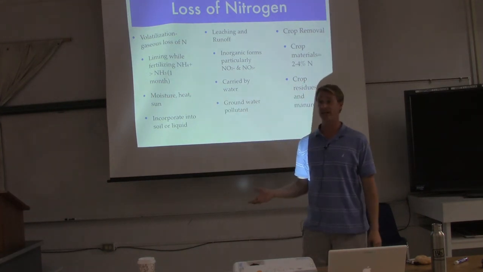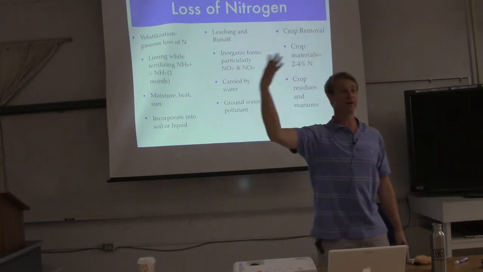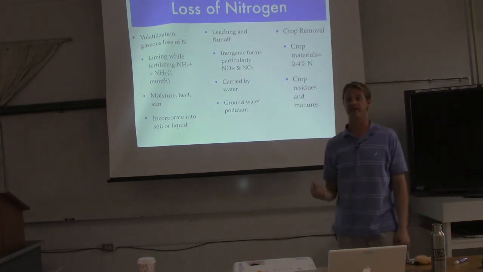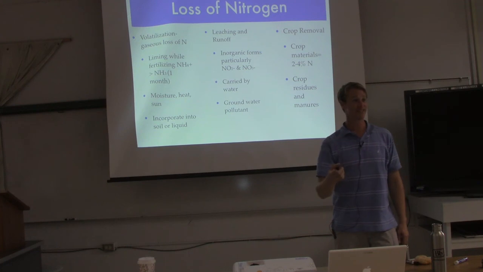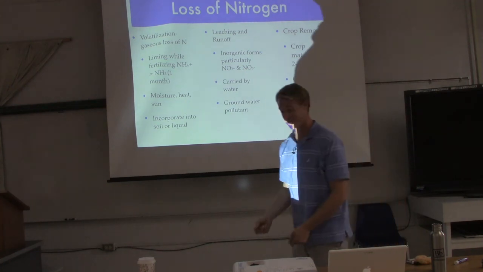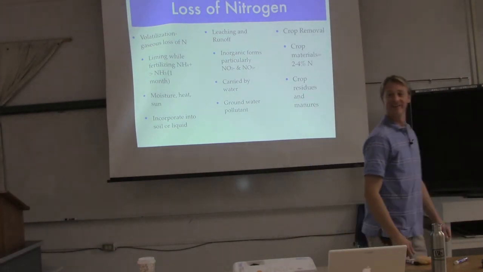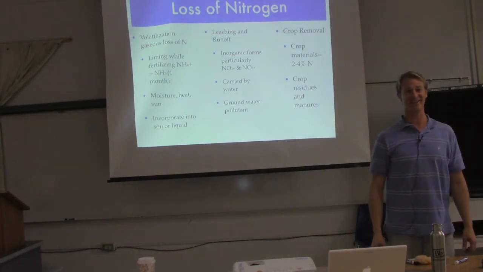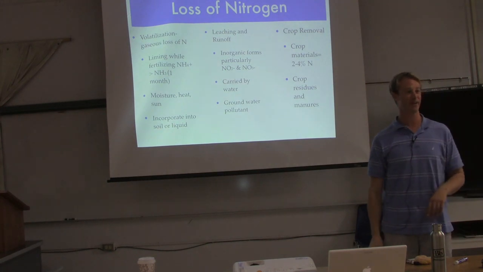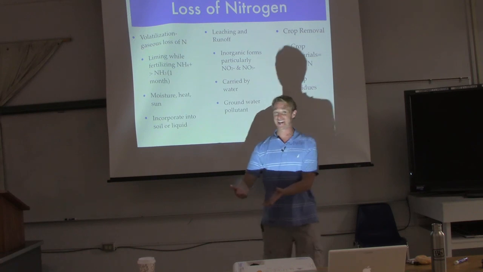The sun hits it and heats it up, turns it into a gas, and it's poof gone. And you just wasted every dollar you just put out there. Waste of money. So has anybody been guilty of this? You walk up to your plant, you put fertilizers down, give a little water, and you walk away. It's the worst thing you could do for your plant, especially economically. It's just wasting your money. So if you were to say, put a little nitrogen down and then a